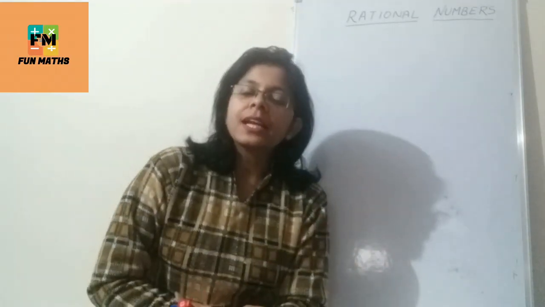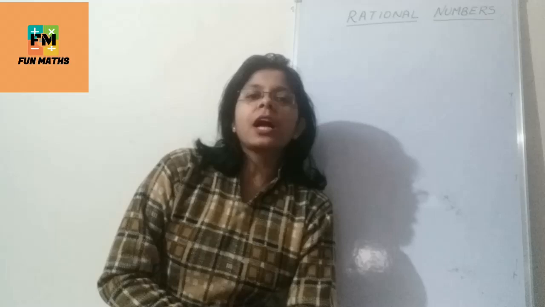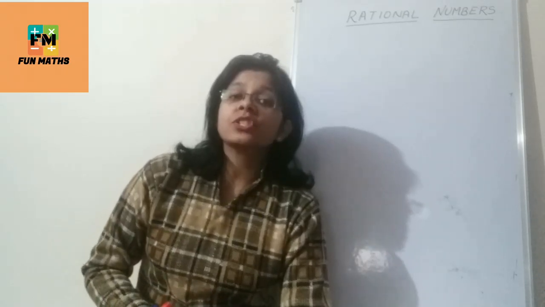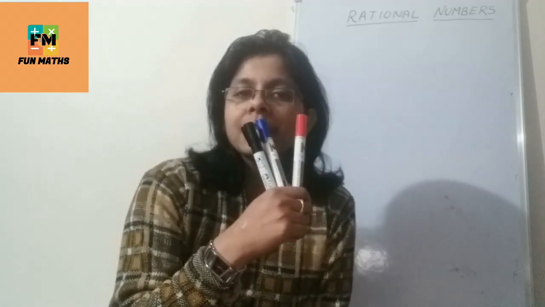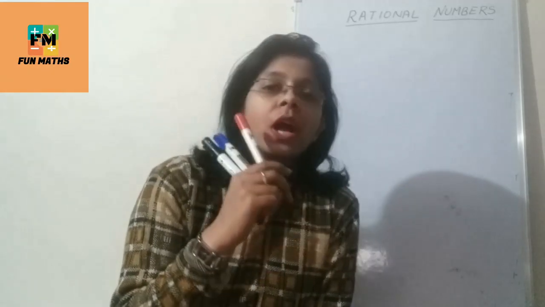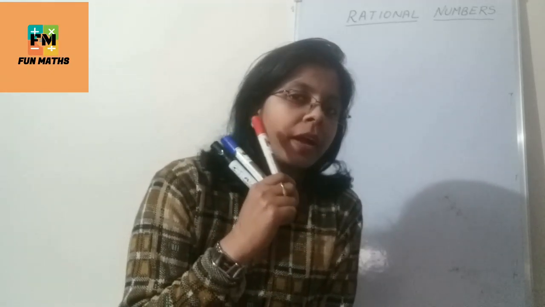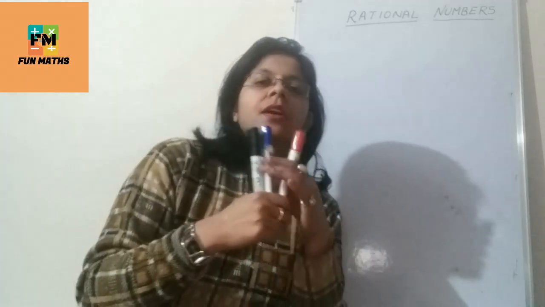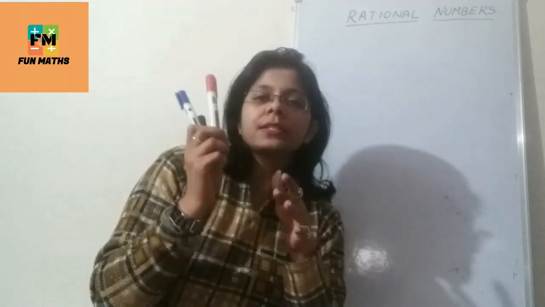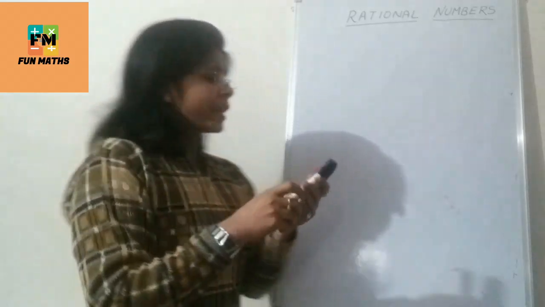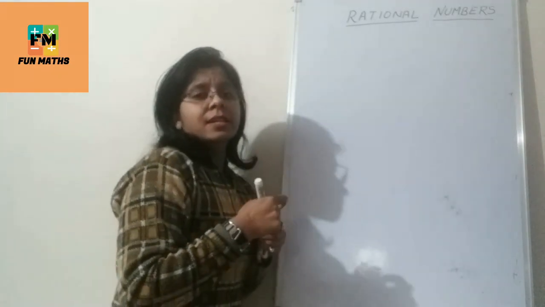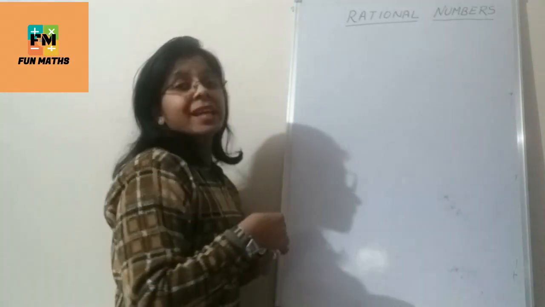Before starting, let's have a recap of what we have done in our previous classes, the different kinds of numbers. Let me start with the first kind of number, which is natural numbers. For example, if I'm showing you these pens and I ask you how many pens I have in my hand, you will simply answer, ma'am, you have 3 pens in your hand, right? So how did we get the answer? We got the answer by simply counting,